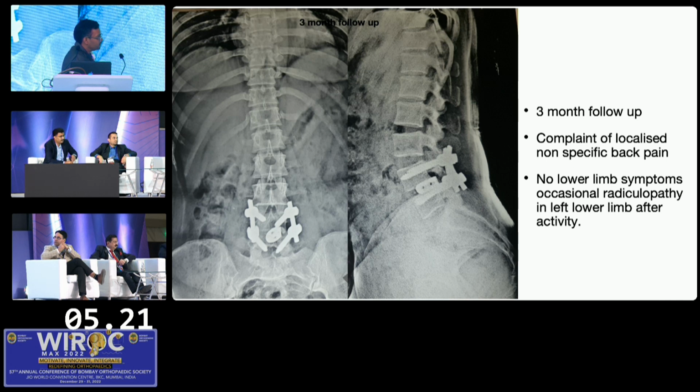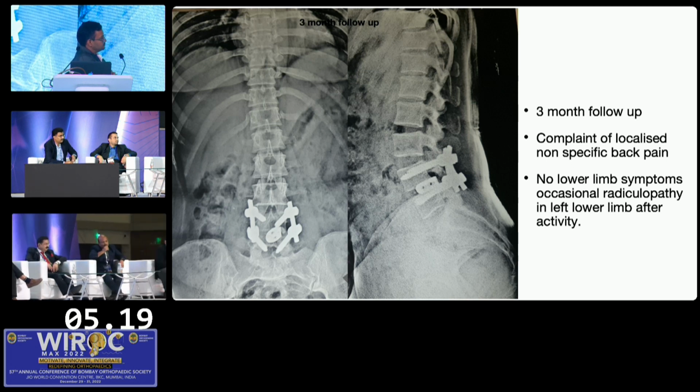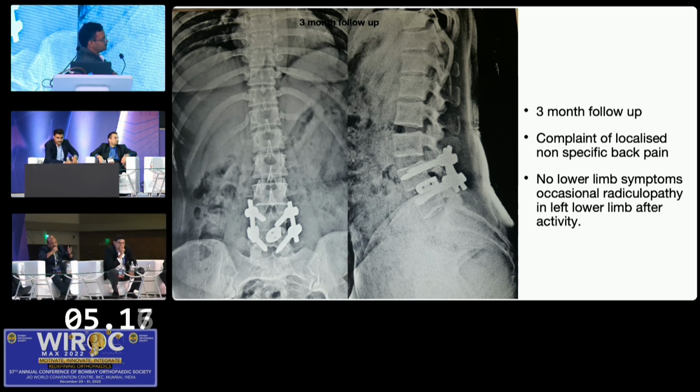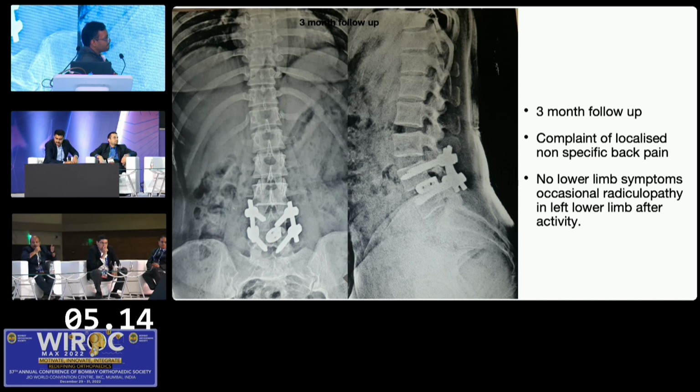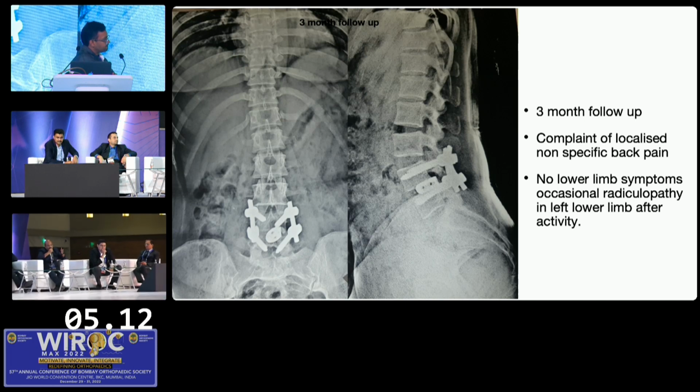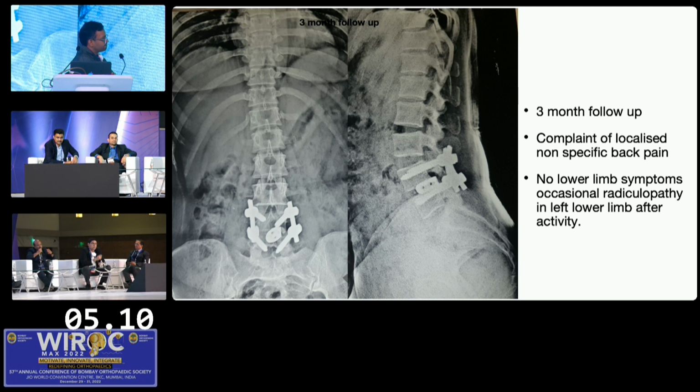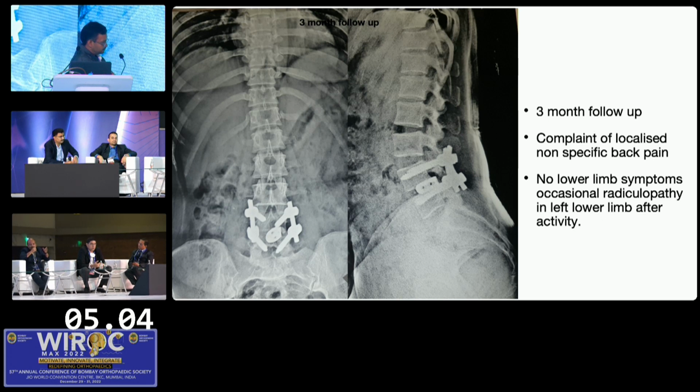At this point of time, I would also like to do a CT to see whether there is some union occurring anterior to that cage, because as such, this cage is not causing a lot of problems. Basically, the body is posteriorly curved like this, so probably it is not damaging much, but I would like to see if there is a union occurring there. I would just wait for some more time.